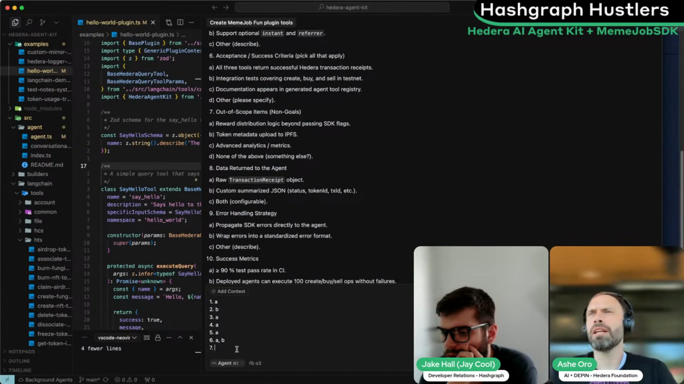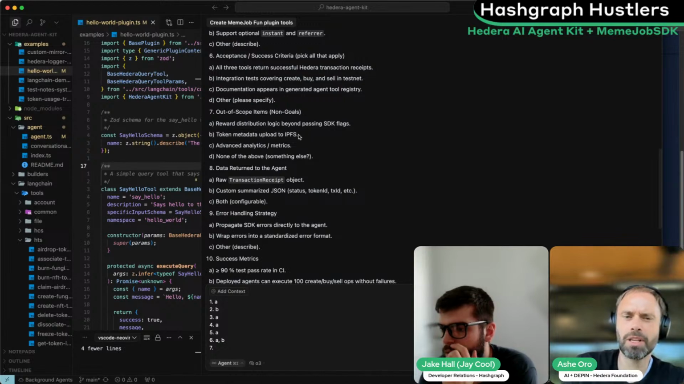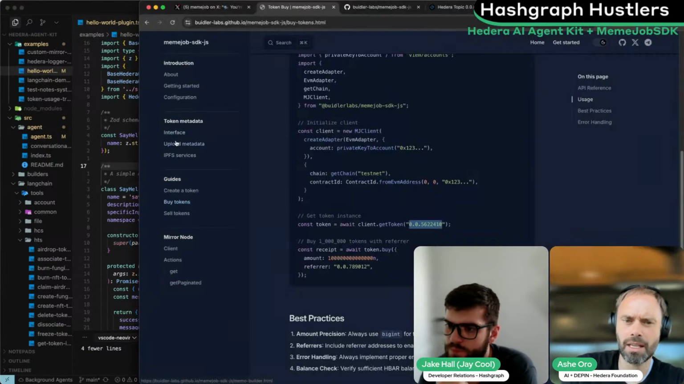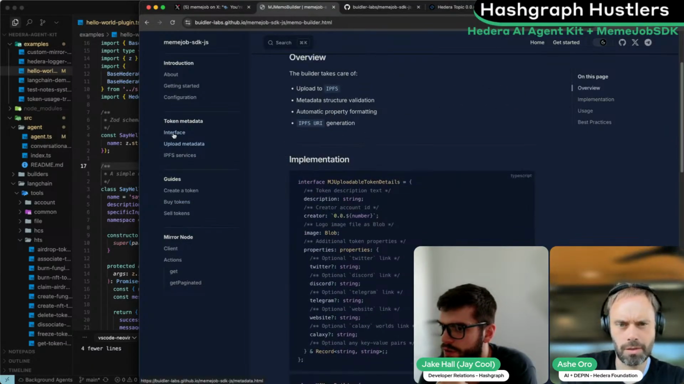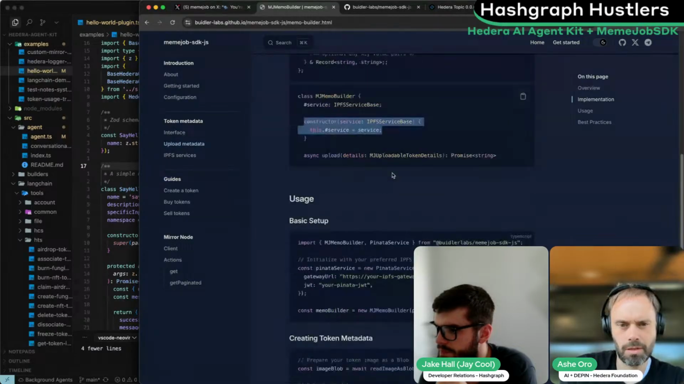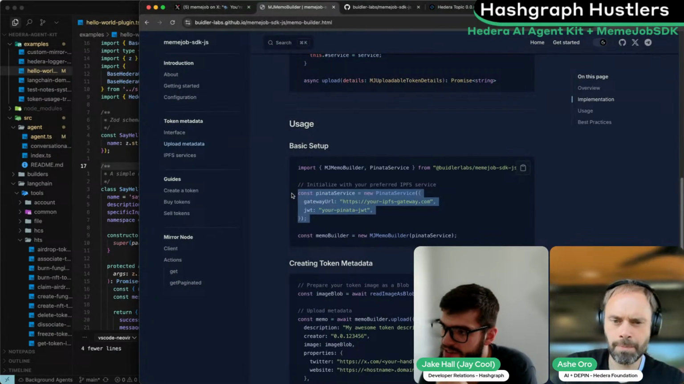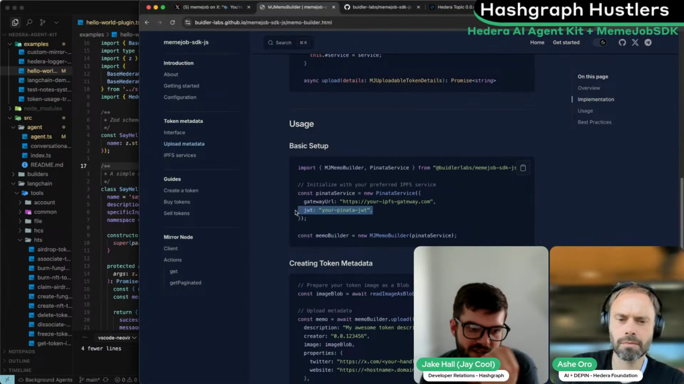Well, I imagine we're going to need an IPFS API key or something. It'd be good to go look at the SDK and see how metadata is already uploaded. Yeah, good. So token metadata over here. It's nice code, man. Yeah, you need to have your own. Let's skip this for now. We can just take some generic token metadata